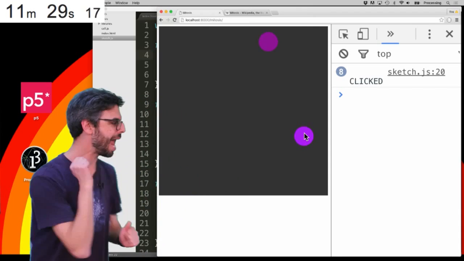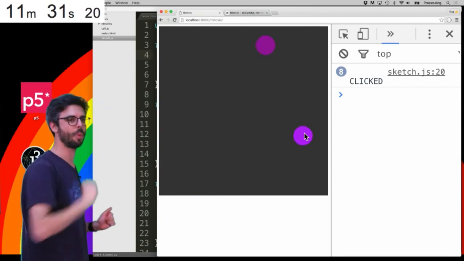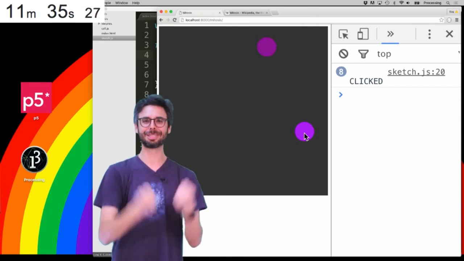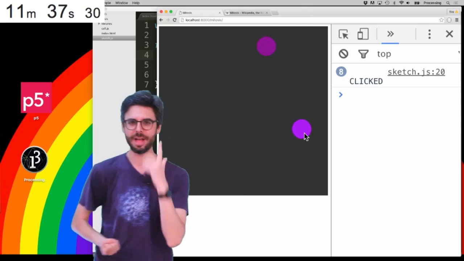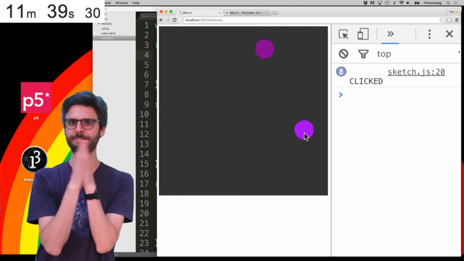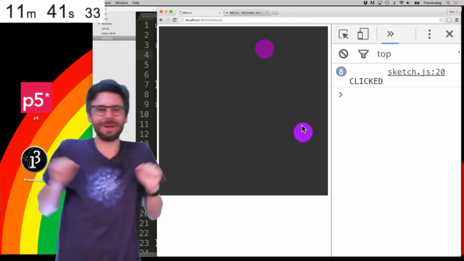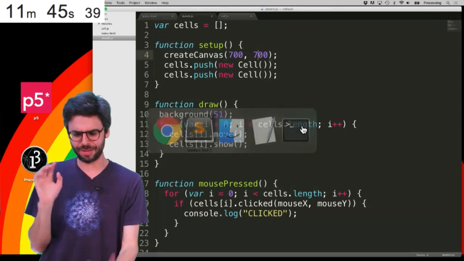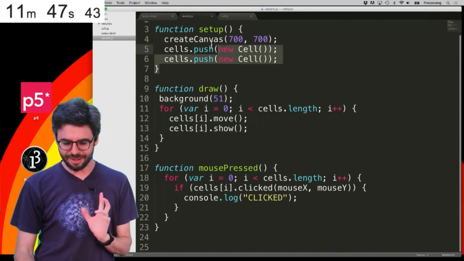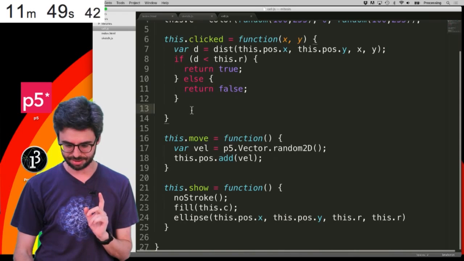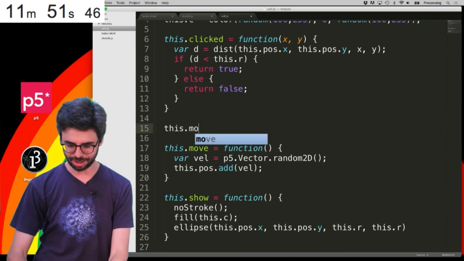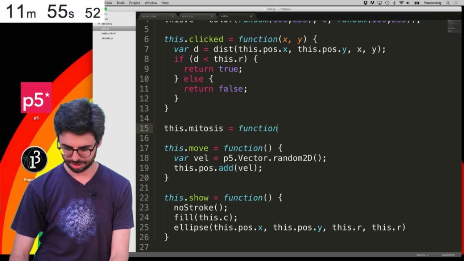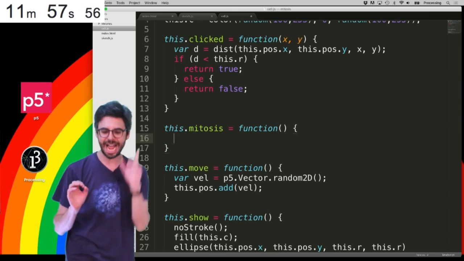So now, what happens if I click on one of them? I need mitosis. I need that cell to split into 2 copies of itself. How can I do that? This is exciting. Well, there's so many ways we could do this. I can't think of all of them at once. Let's do it in a sort of interesting way, I think. What if I, inside the cell, added a function called mitosis? And that function actually makes